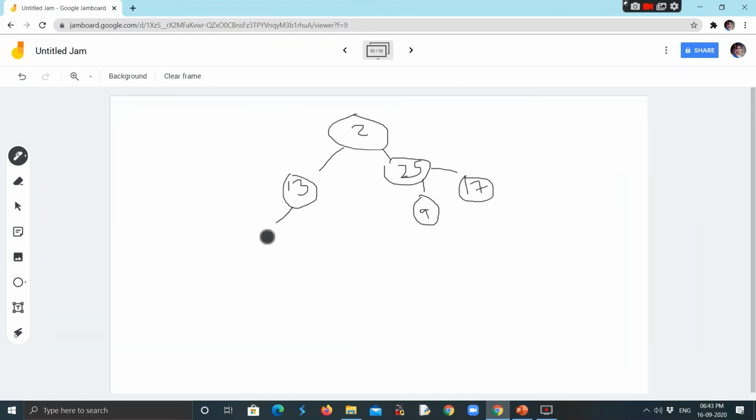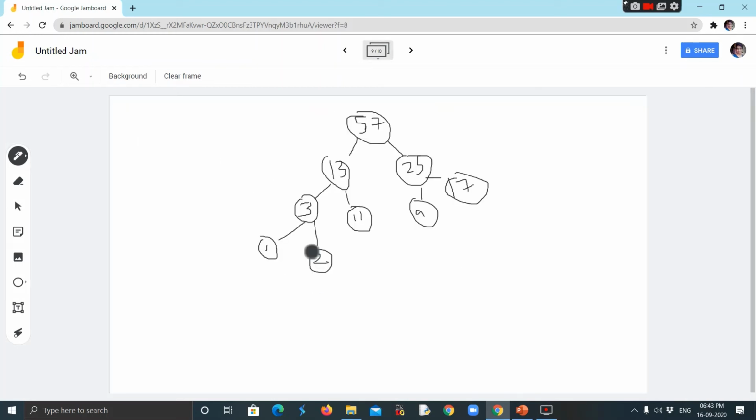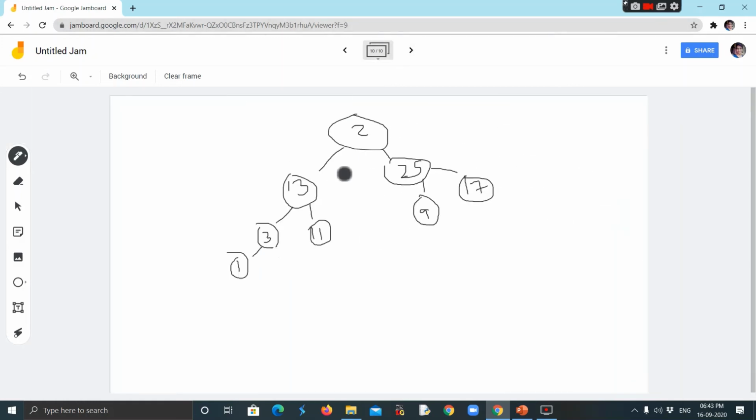The 2 is not here because we have just replaced it. So 3, and we have over here 11. So this is how it looks. 2 takes its place at the root node. This is what we get.